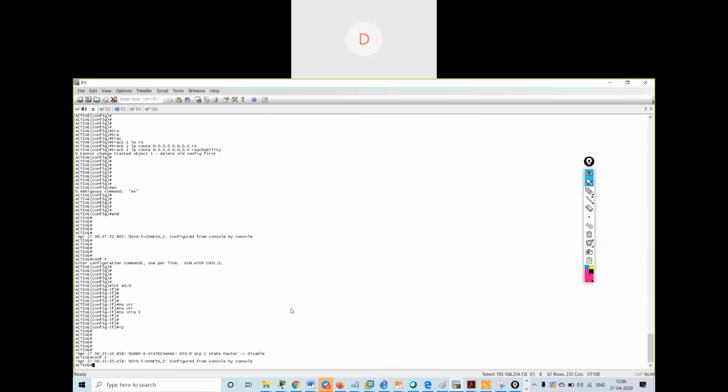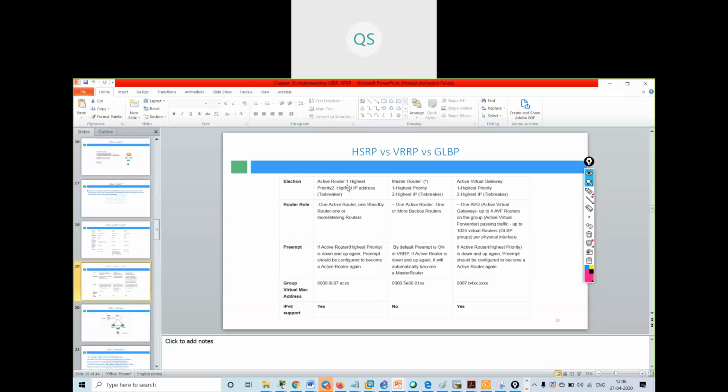Yes. We have seen that day how it selects: first it will see the highest priority, and then it will come to the next criterion.